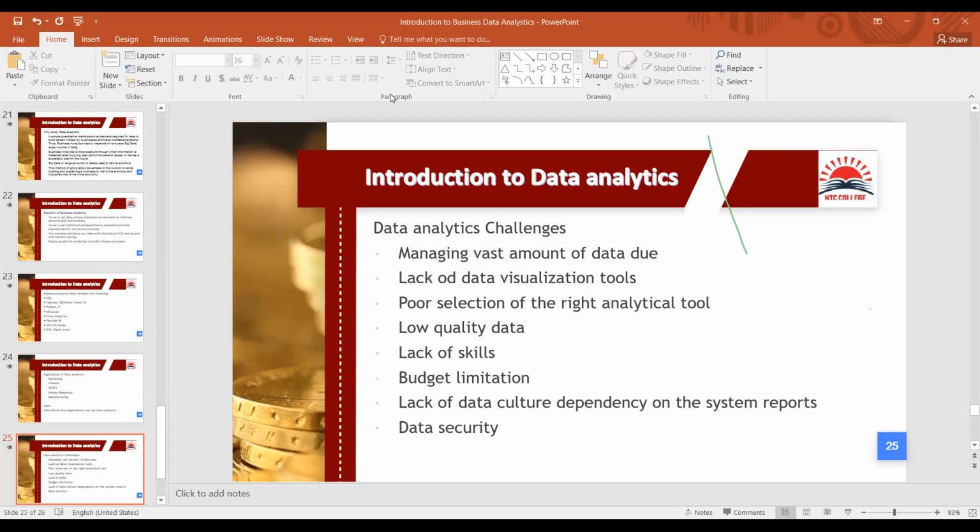Then there's also lack of a data culture. I mentioned that most organizations don't have this data-driven culture. So what basically happens is wait and see. Probably they just rely on what the customers will do. Of course, I know there are what we call targets. But as we set the targets, we also need to set targets driven by data. For example, when you are doing the targets, you need to look at the previous trends.